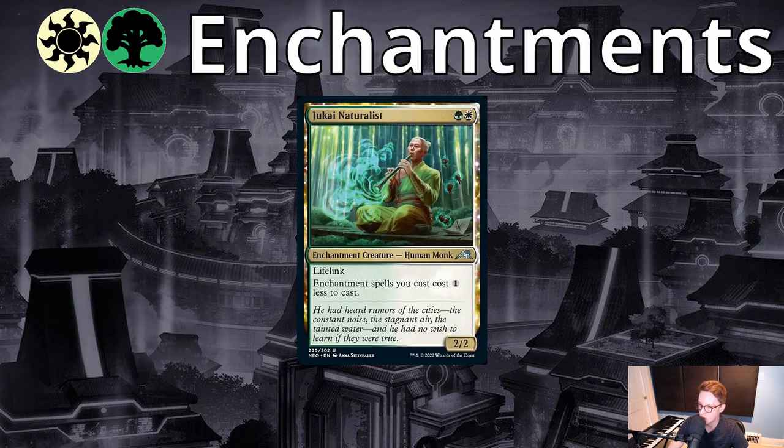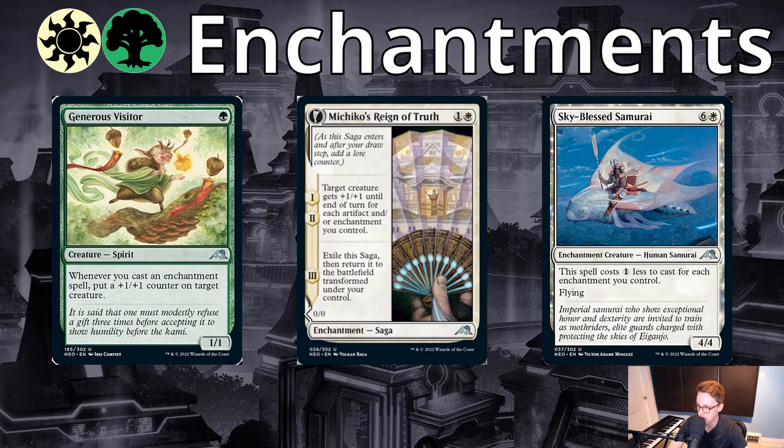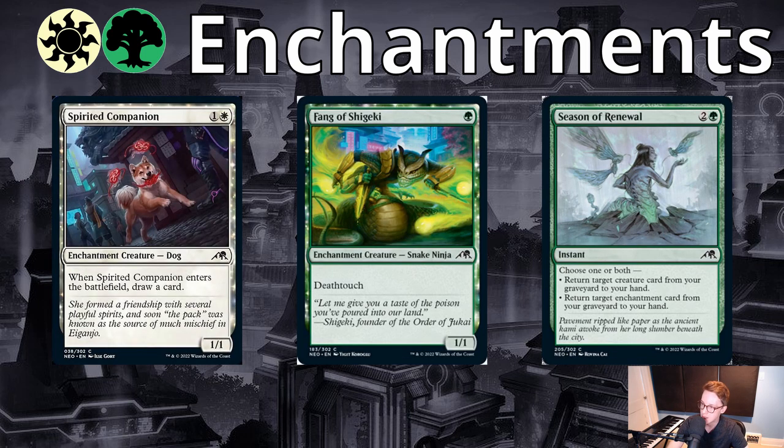Let's look at white-green enchantments with the signpost uncommon Jukai Naturalist. This archetype cares about enchantments entering the battlefield and controlling a lot of enchantments, with payoffs like Generous Visitor, Michiko's Reign of Truth, and Sky Blessed Samurai. Cheap enchantment creatures like Spirited Companion and Fang of Shigeki are important here,